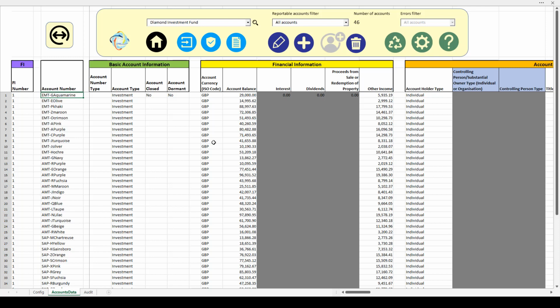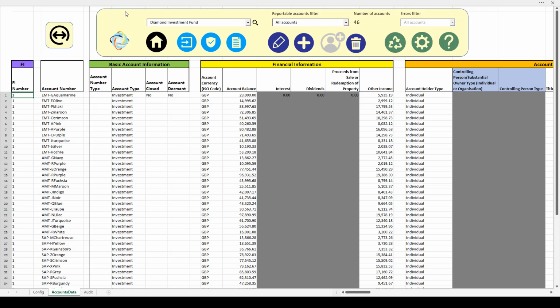So if you have more than one FI in the file, all of the accounts for all of the FIs are on the sheet, and the way that you distinguish which FI they belong to is in this FI number column. So where I had 3 FIs in order 1, 2, 3 on the config sheet, you would put in here the number 1, 2 or 3 to denote which FI the accounts relate to.